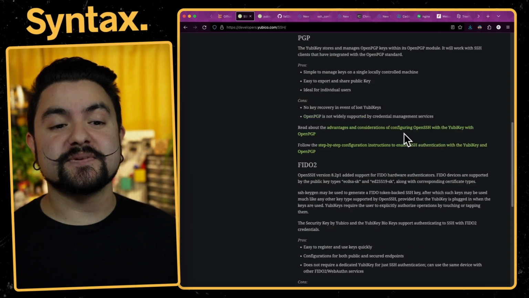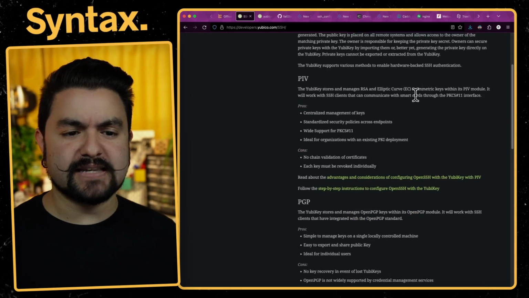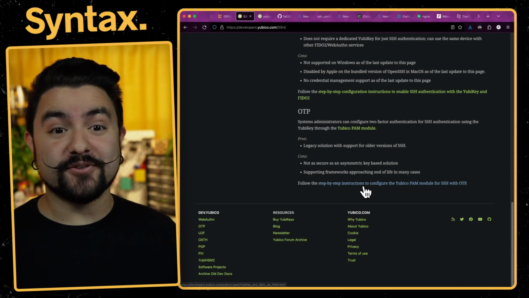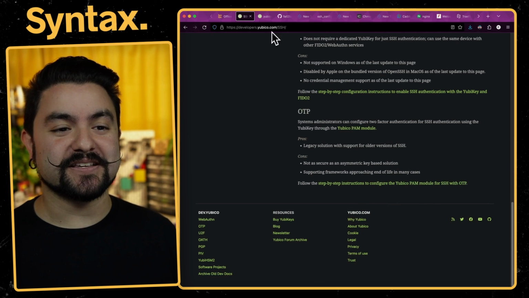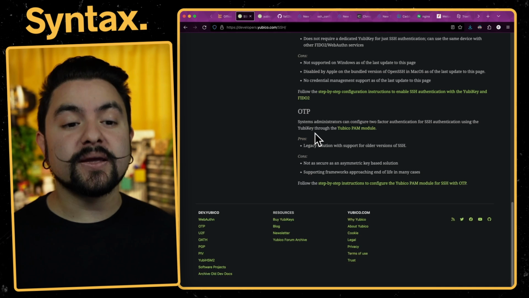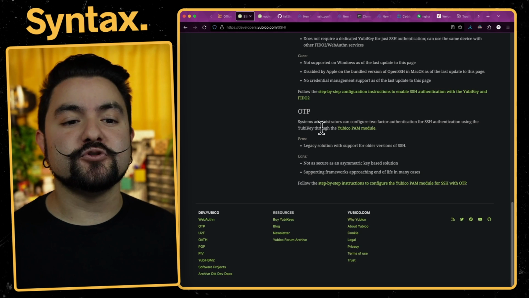And they actually have some documentation on setting up your YubiKey to have your private keys for SSH. And there's several different ways you can do it. I'll link to these docs here. But they also have their own one-time password way of doing this. So basically, you can have it so that you're connecting with your public-private key like you set up. But then once you're logged in, you'll be prompted, and then you can just tap your YubiKey,